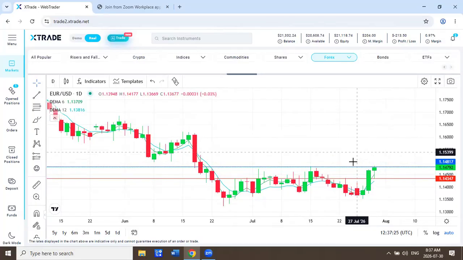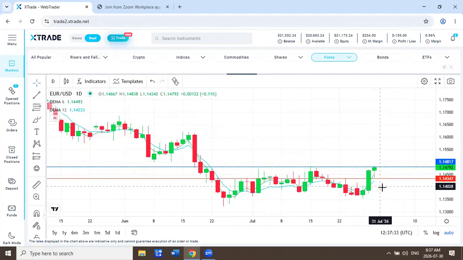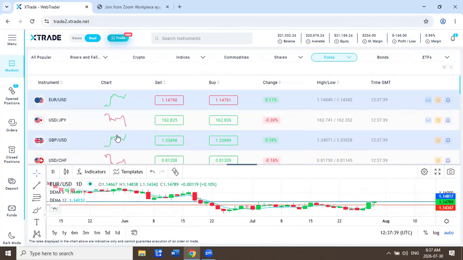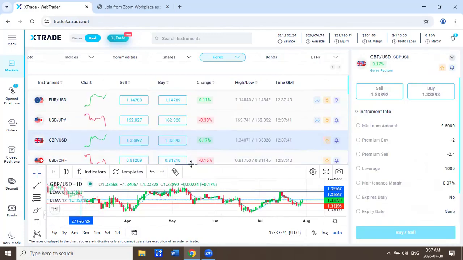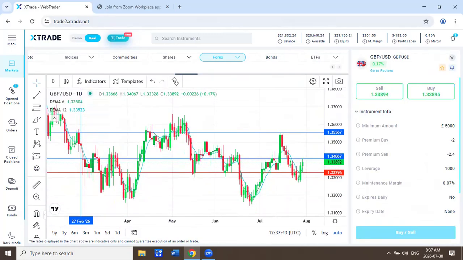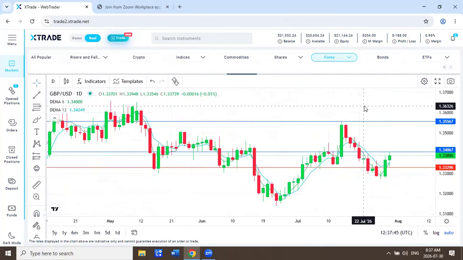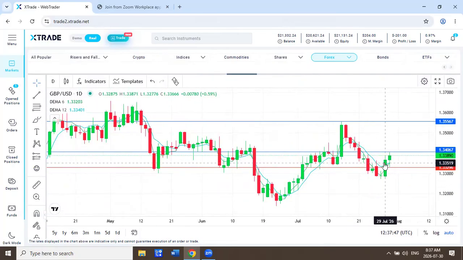Or if sellers do step in, so from weak to strong US dollar, selling euro, buying US, they'd be looking back down at the support level, which is sitting at 114.34. Let's have a look at the pound against the US. And there you see a similar pattern. There's the strong push yesterday, weak US dollar, buying pounds,